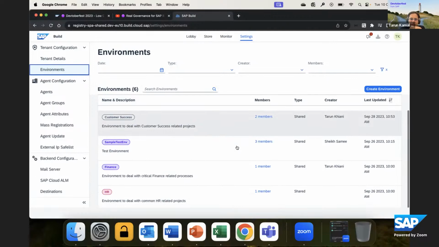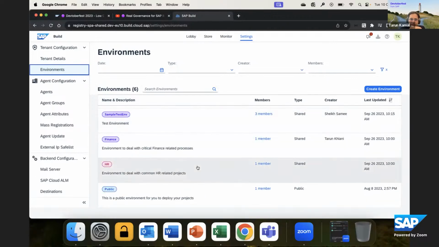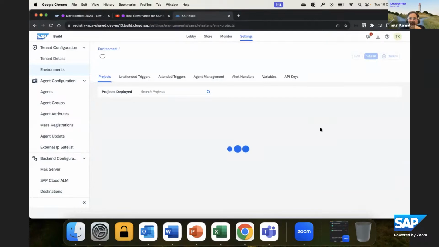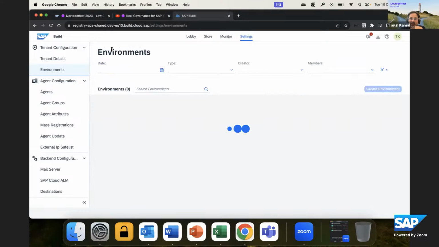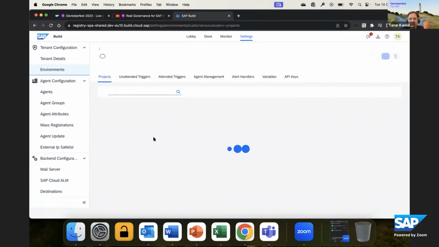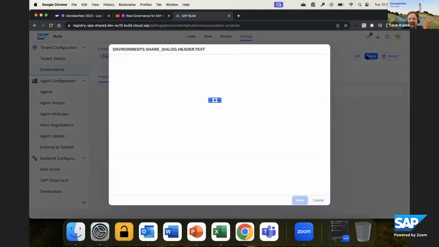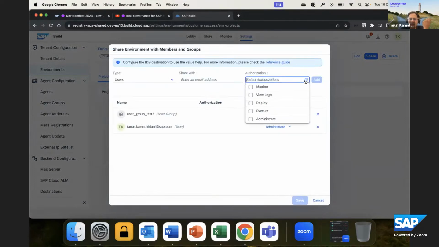And for every environment that you have, you could also deploy a specific set of projects into it, right? For example, projects deployed into this environment share the same construct. For example, in customer success, they can share the same construct of what we mentioned: who can monitor the processes deployed into this, who can view the specific logs, because these logs can be sensitive in nature, and you ideally want to give access only to those folks who are meant to debug and resolve issues.